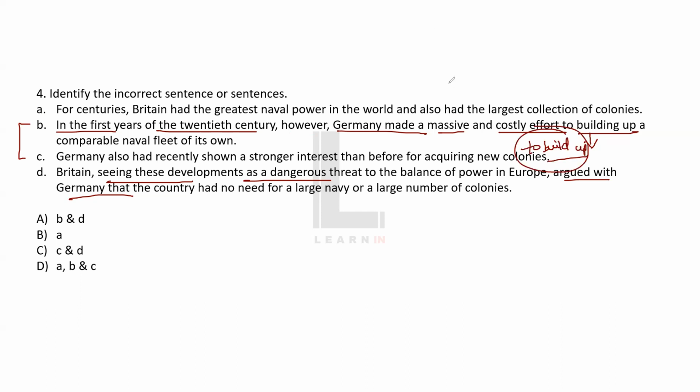Right? To के साथ हमेशा जब भी verb जुड़ेगा, to build up. Okay. Or it could have been for building up. Here, to gives you the intent. So we cannot use these synonymously. So beware of these. So A and B are wrong.